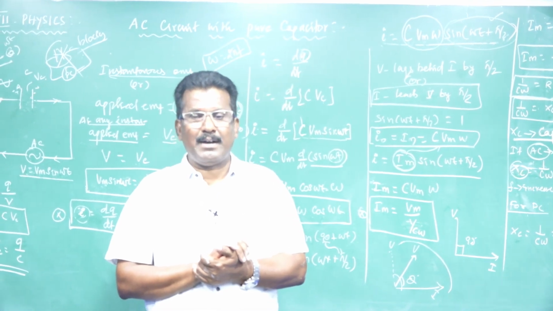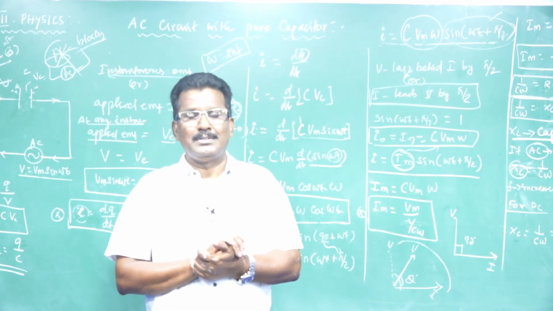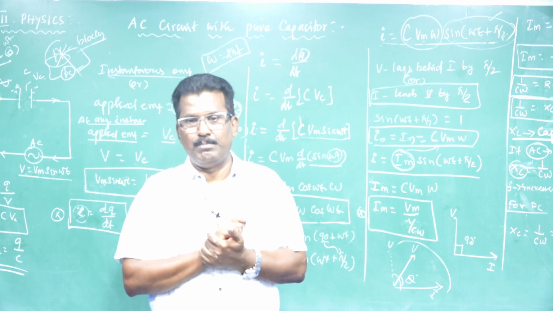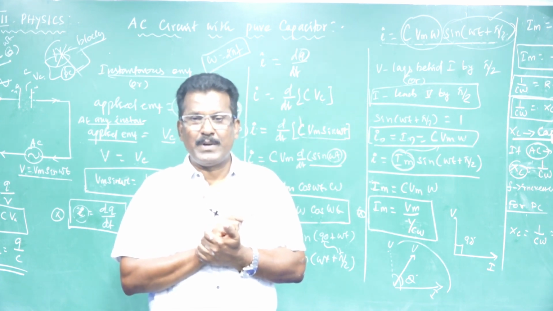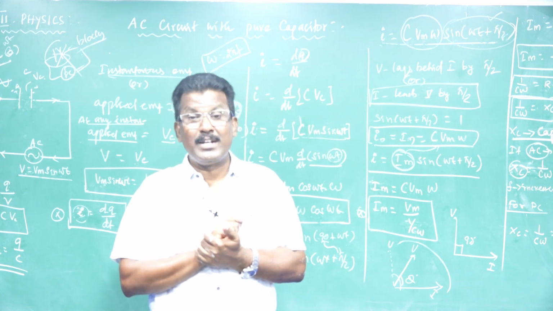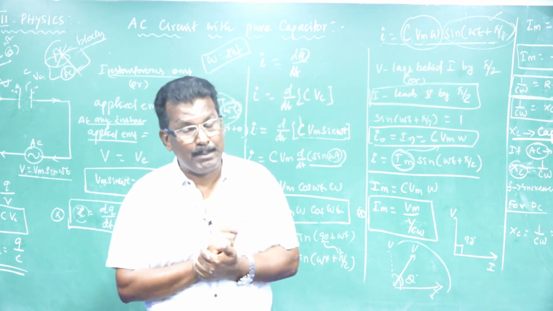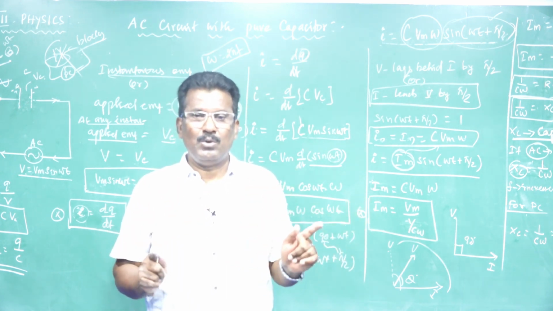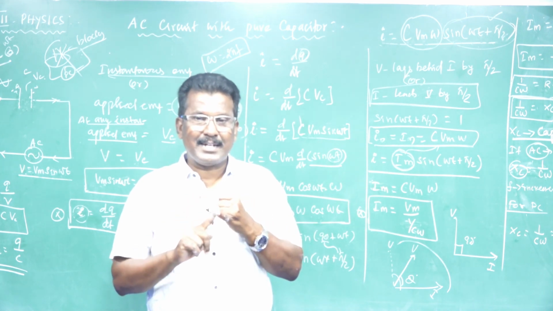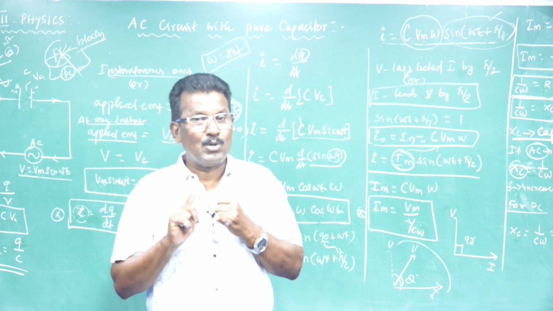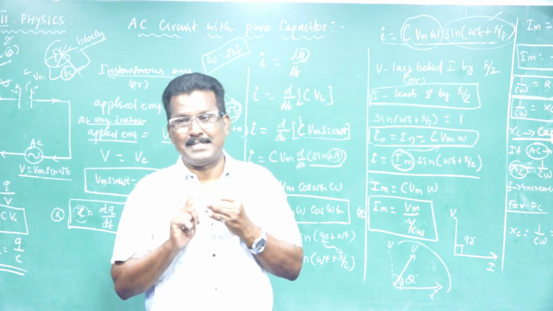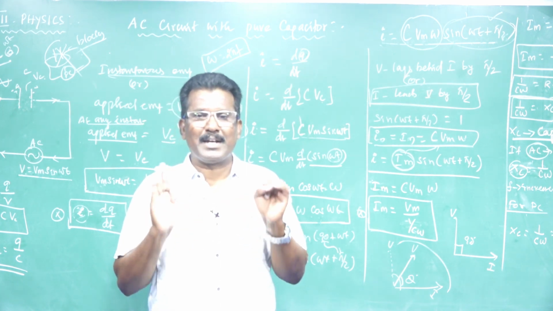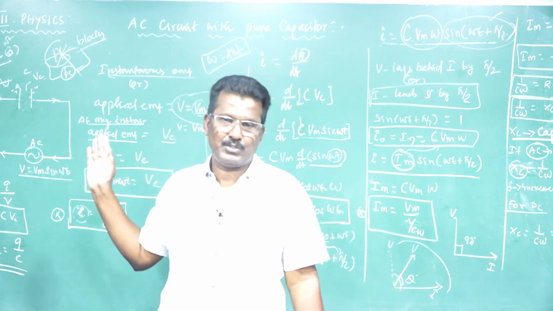So when a capacitor is connected across an AC source, the instantaneous EMF is always equal to the EMF developed across the capacitor. But the phase difference between current and voltage is always 90 degrees. Voltage lags behind the current by pi by 2, or current leads the voltage by pi by 2. So when AC is connected across a capacitor, the capacitor allows the AC signal but blocks the DC signal. The DC signal is completely blocked by the capacitor because of the infinite resistance offered by the capacitor.